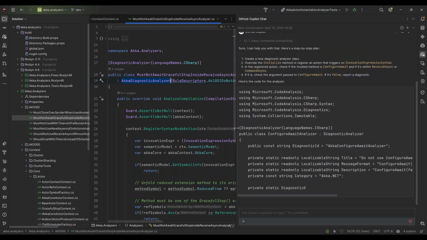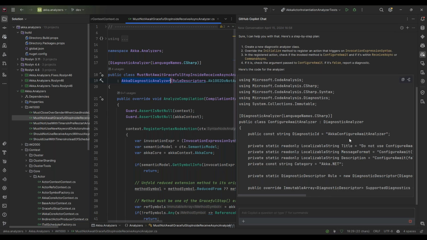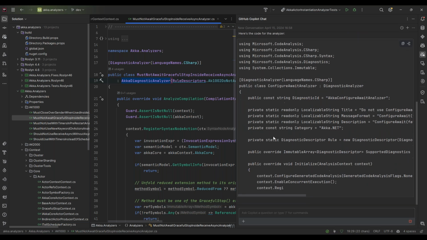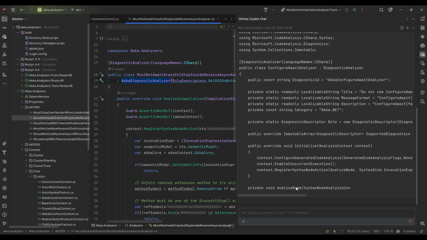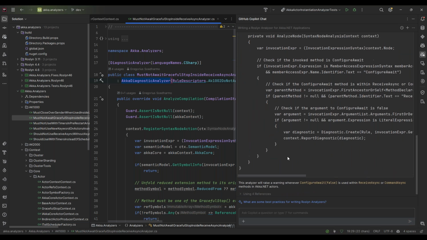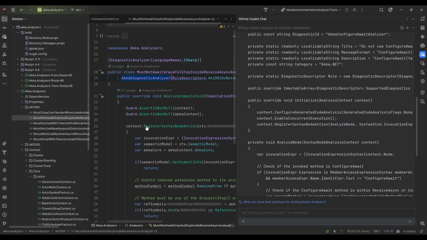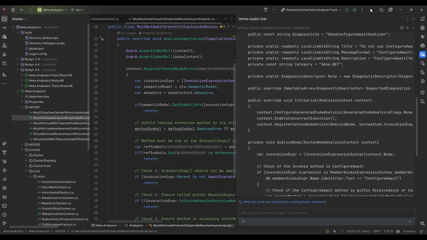All right, it's cranking away here. Yeah, another thing I'd probably change is it's looking at invocation expressions. I would probably try to register the syntax node. I mean, I guess that's probably okay. I'd probably try to register it to look like, if we take a look here,